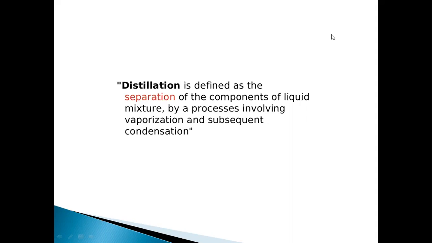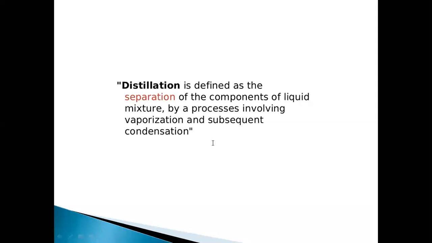First one is simple distillation. It is a separation method. We get various forms of fuel like petrol and diesel from crude oil. So let us now learn about distillation. Simple distillation is used for separation of a mixture containing two miscible liquids